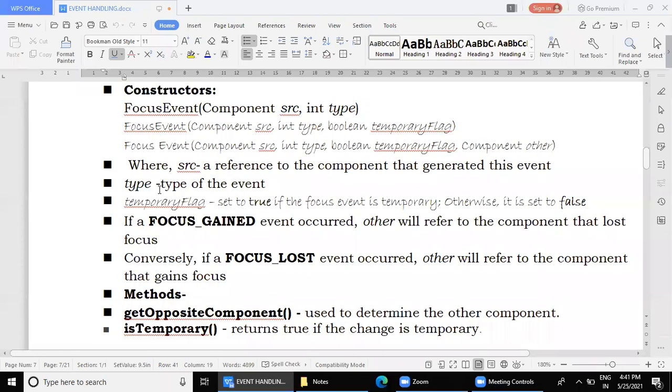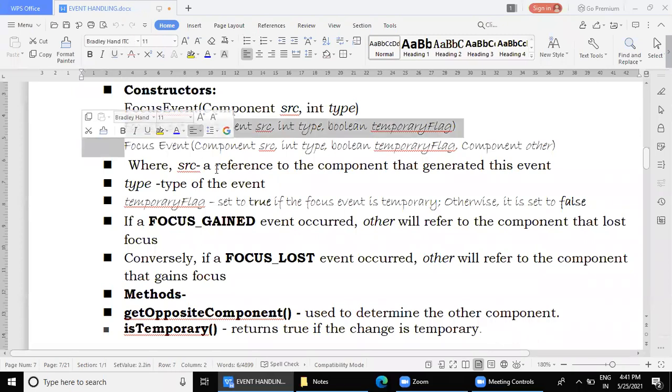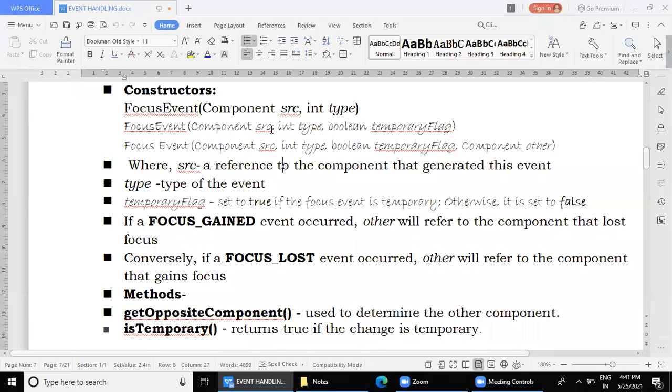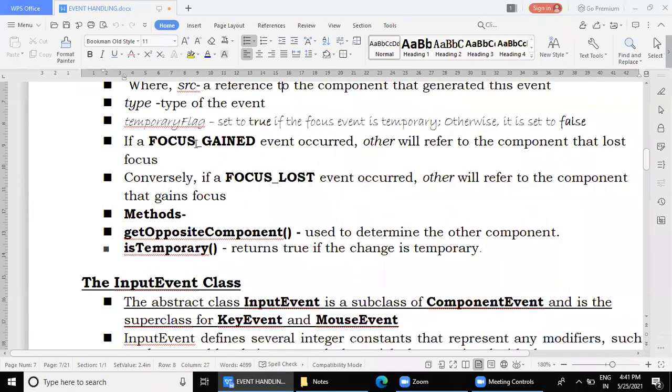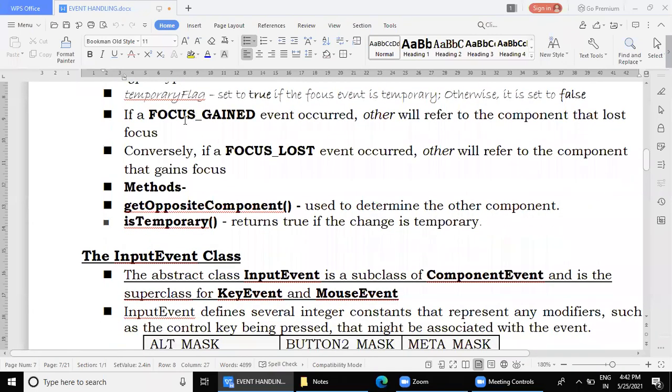This focus event can be created by either of these two constructors. The parameters are source, then the type, and then the temporary flag. The temporary flag is set to true if the focus event is temporary, otherwise it is set to false. When the focus is gained by one component, the other will refer to the component that lost the focus.